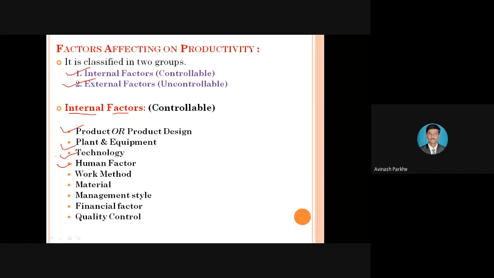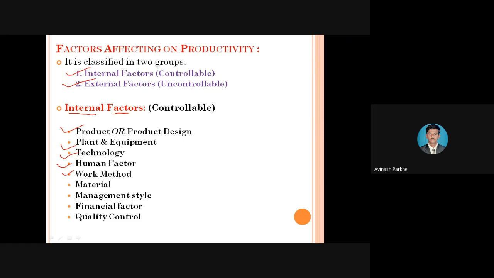And this factor is also in your hand, which types of laborers we hire in the industry. If we have skilled operators, automatically your productivity increases. If we are not using skilled operators, automatically your productivity decreases. Therefore, it is in the management's hand. Wherever skilled operators are required, we have to provide skilled operators. Wherever a non-skilled operator is required, for that particular task we can provide a non-skilled operator. Therefore, the human factor also plays a very important role.